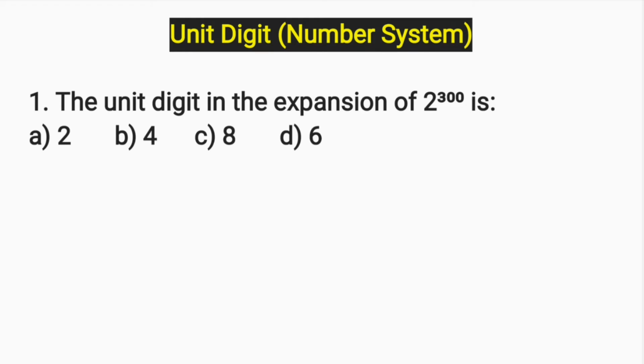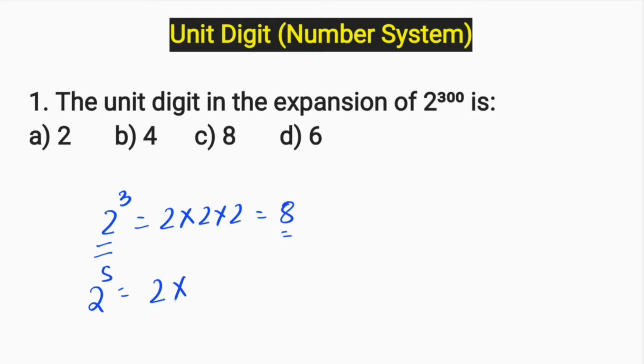Expansion means, suppose that you have the question, what is the unit digit in the expansion of this. It's very easy to figure out because we have only 3 2's here. So you can simply say that in the expansion of this, unit digit is this. If you have 2 raised to the power 5, it is again very easy because you can do 2 into 2 into 2 into 2 into 2 and it is 32. So the answer is 2 means unit digit. You need to find only unit digit here.